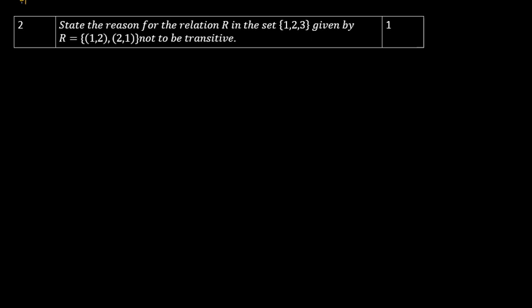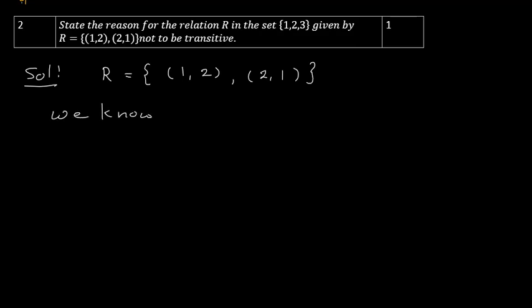The second question is: state the reason for the relation R in the set {1, 2, 3} given by R = {(1, 2), (2, 1)} not to be transitive. So you have to give the reason why this relation is not transitive. Here your relation is (1, 2), (2, 1). Now we know that for a relation to be transitive,